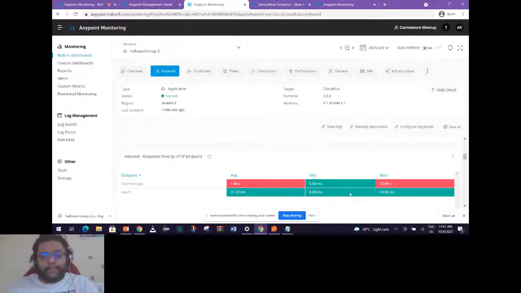Now there is also color coding provided over here, right? The general rule of thumb is that if my response time is less than 300 milliseconds, it is going to be green, which is a good or healthy response time. If my response time is between 300 and 600 milliseconds, it will give me a yellow color indication. And if my response time is greater than 600 milliseconds, then the color coding will be red, which means you can have a look at this particular endpoint, which is behaving in not a good way, not a very performance optimal way.